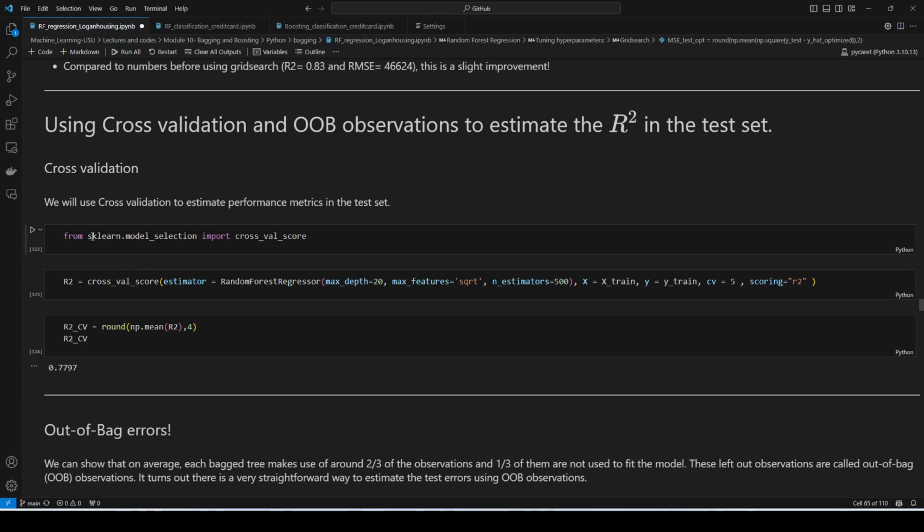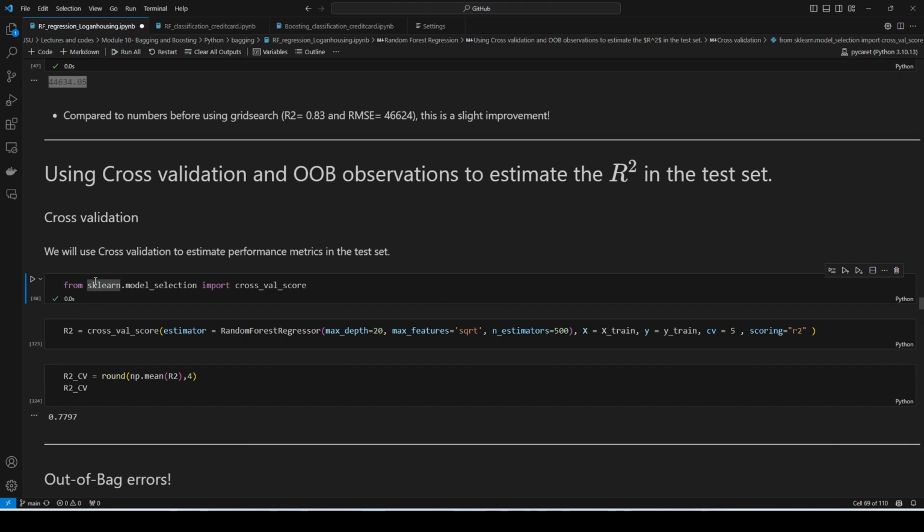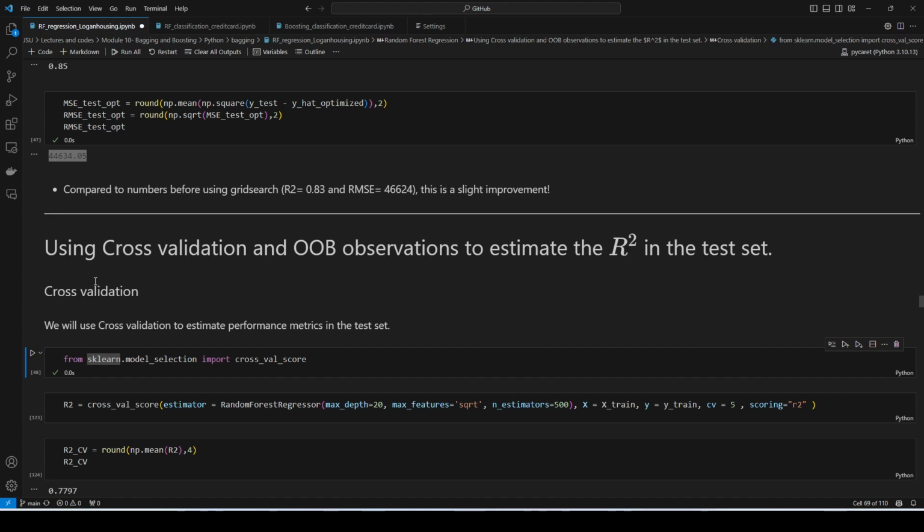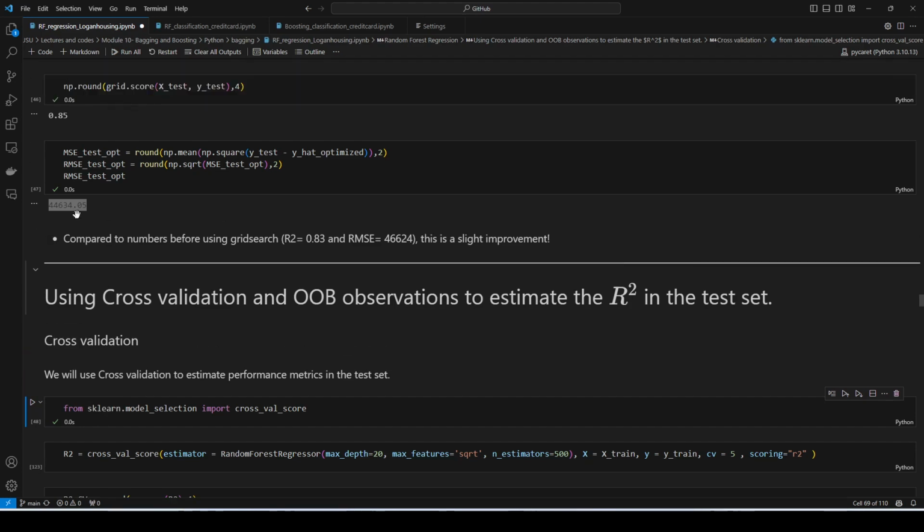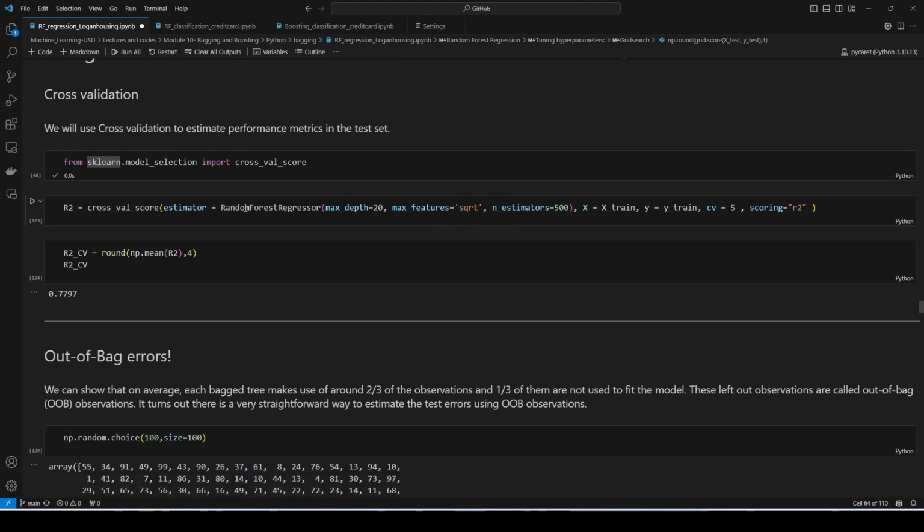We have done this multiple times before. From model selection, let's import cross-validation as scorer. Then we're going to do R-square. I could have done negative mean squared error, then taken the square root of that and called it root mean squared error. But here, just for simplicity, let's try to estimate this 85%. So the model is going to be random forest. The optimized version, remember, was max depth 20, square root of features, 500 number of estimators, and then